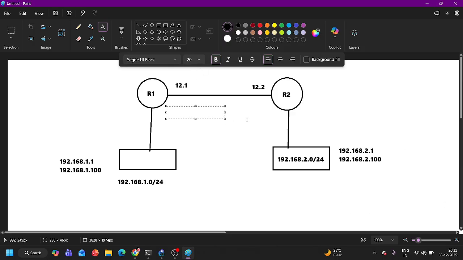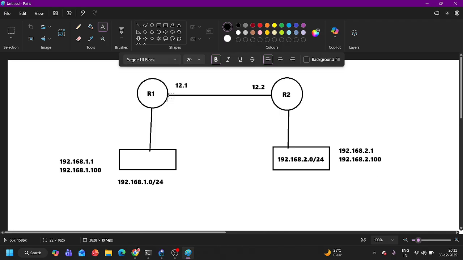How will you troubleshoot? What will be your first step in routing? For the trouble, you want to verify the routing. That is the first thing which you will verify. If the complete subnet or complete department is down, there is a high chance of a routing issue. How will you troubleshoot? If you are going to check connectivity from R1 to this subnet, this IP address, what will be the source? 12.1. 12.1, absolutely,